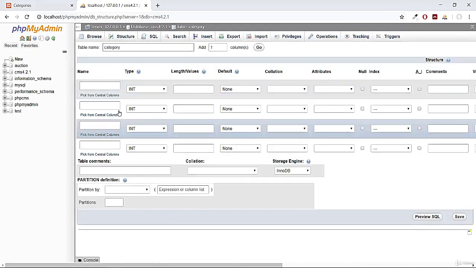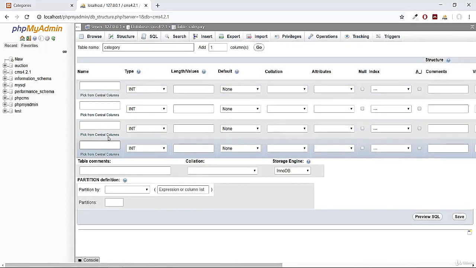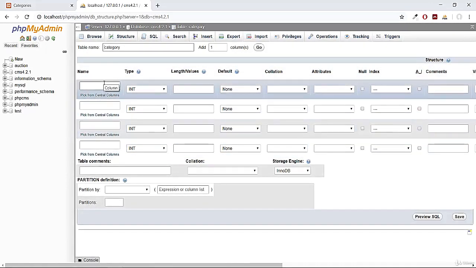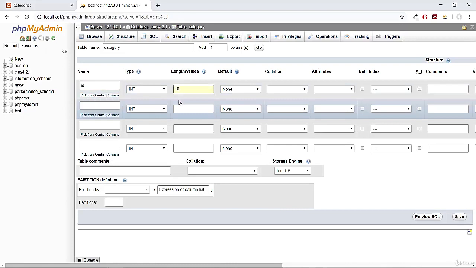Now in the first column that you see here, you have to specify the name of your column for each item. So our first column will be our ID, and its type will be int. Int means it will have only numbers. There won't be any characters in our ID, and in the length column I will specify its length would be up to 10 numbers. So in case we have a length of more than 10 numbers, our data won't be able to make it to our database. And in most cases, we will not have that many IDs in our table. So it would be fine.